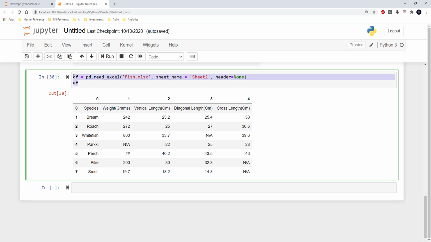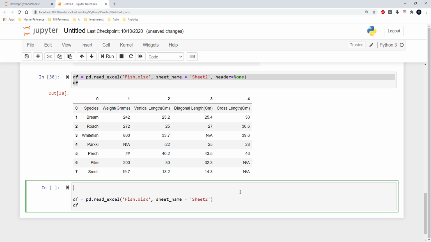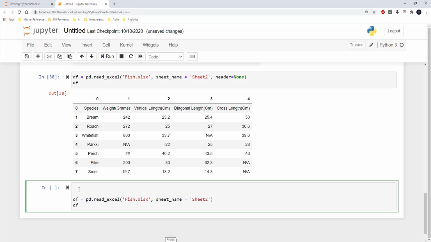I wanted to retain the header for sheet2, and so I am just removing the header equal to none, and now what I wanted to do is convert all these NAs in the cross length as 0. In order to do that, there is a facility called converter, and it works like a function. So here I am going to define a new function, and I am going to give this function name as convert cross